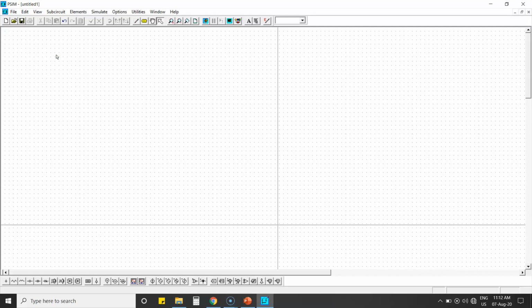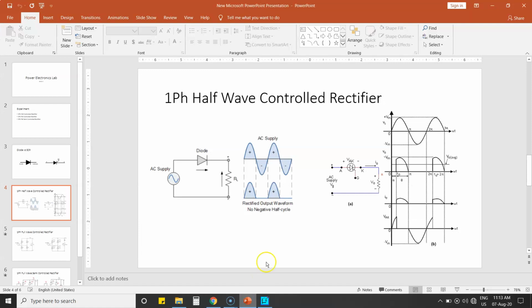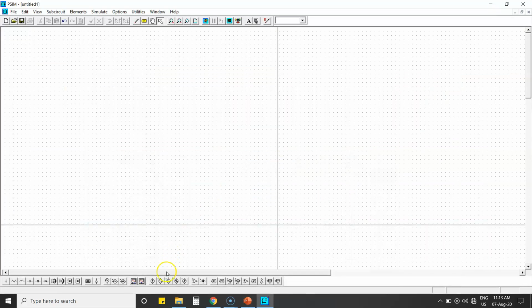Let us draw the circuit diagram for half wave thyristor control. For that we need an AC supply, a thyristor, and a load. Those are the three components we need. First of all we will take a sinusoidal source here. There is no need to drag and drop.